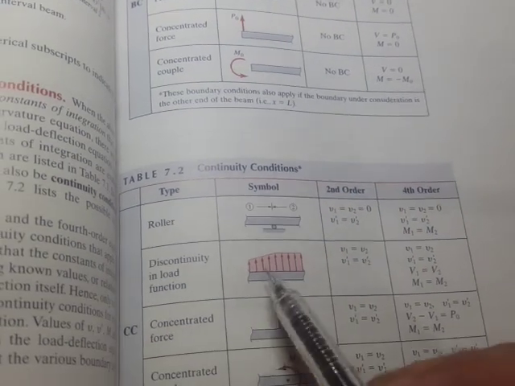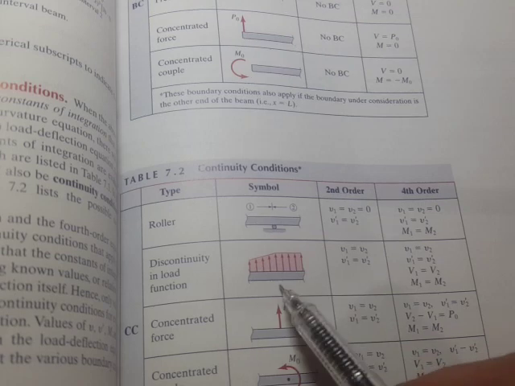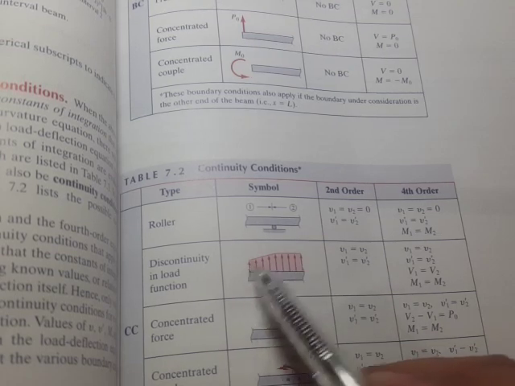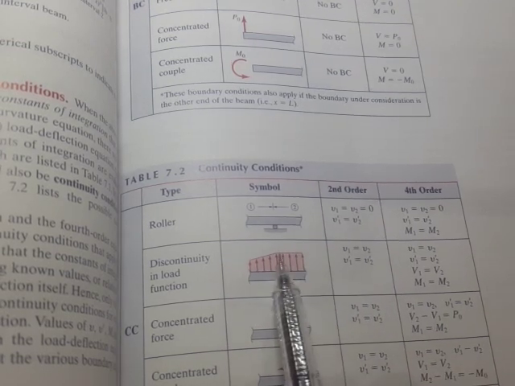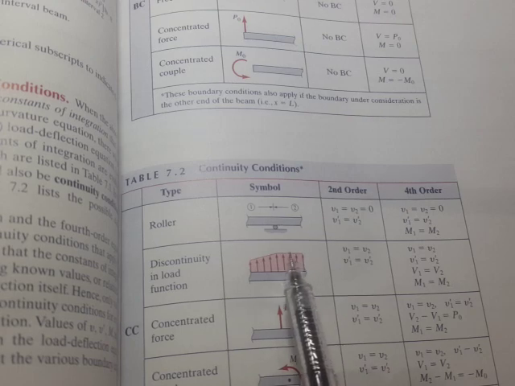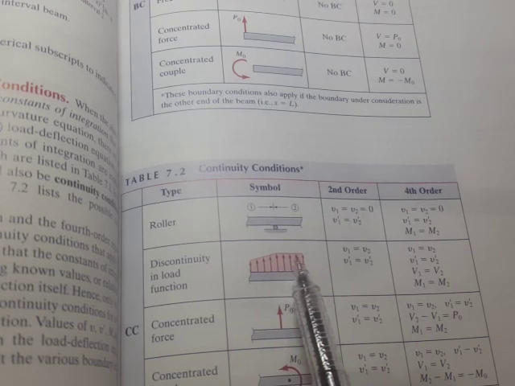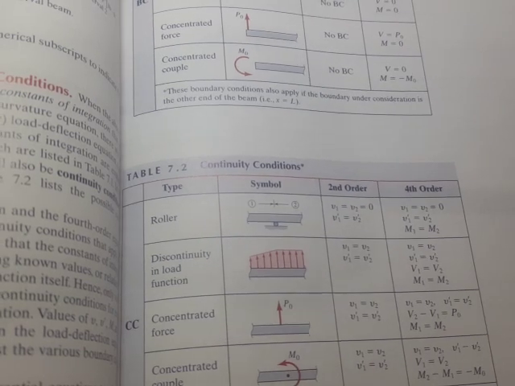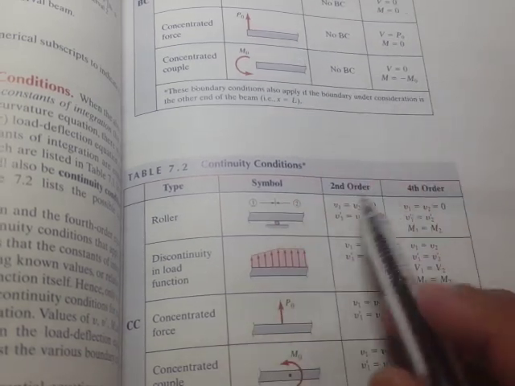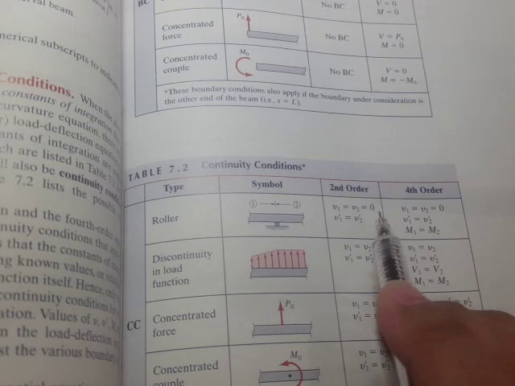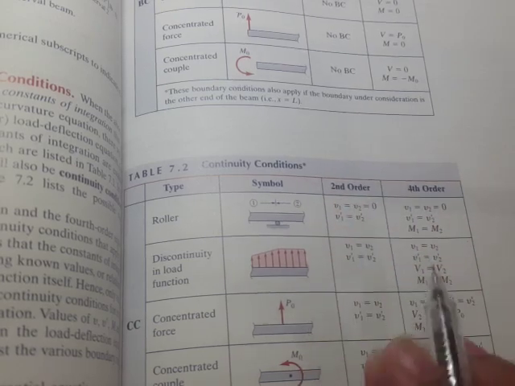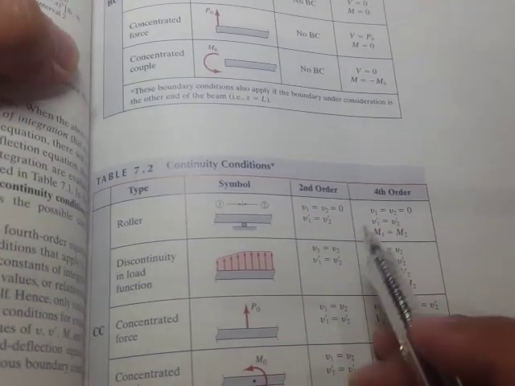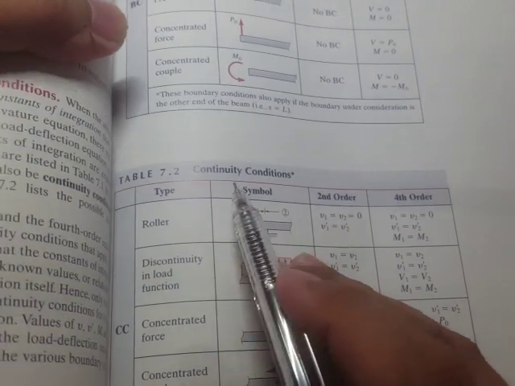Or if you have a discontinuity in the load function, so right here there is an increasing load, but at this right segment we have a uniform loading. Or what if we have concentrated loads or concentrated moments? What's going to be the deflection and the slope? They term that as continuity conditions. But for now